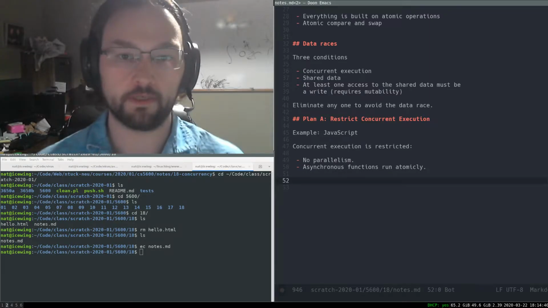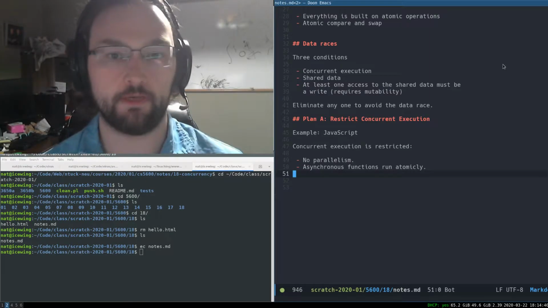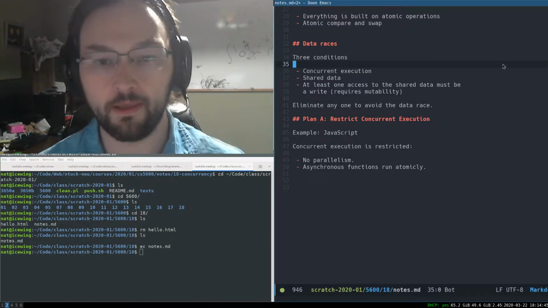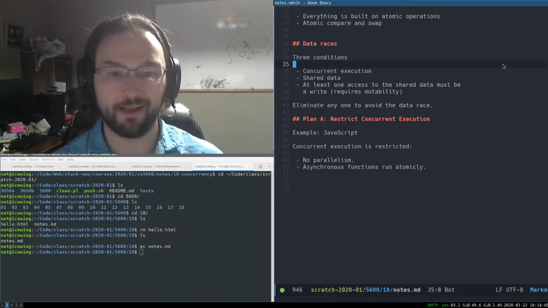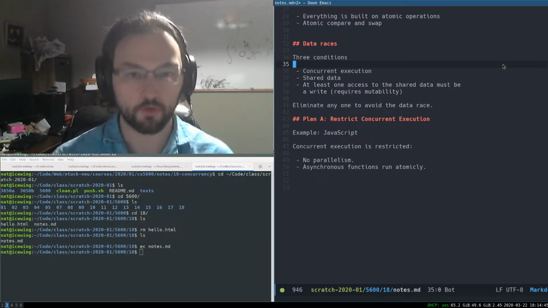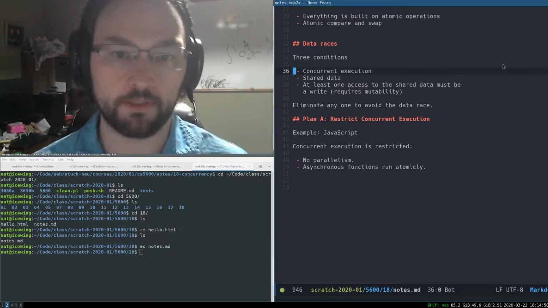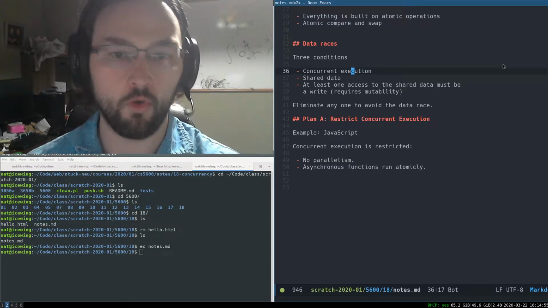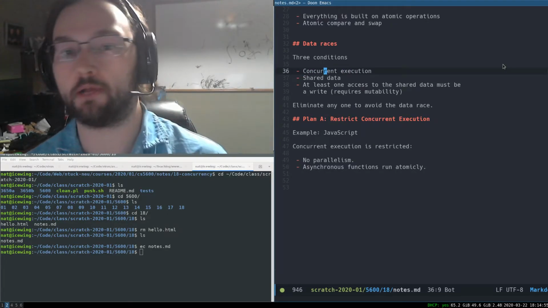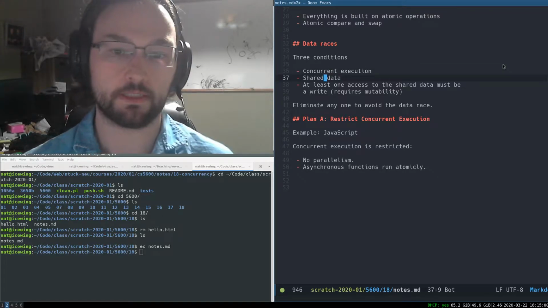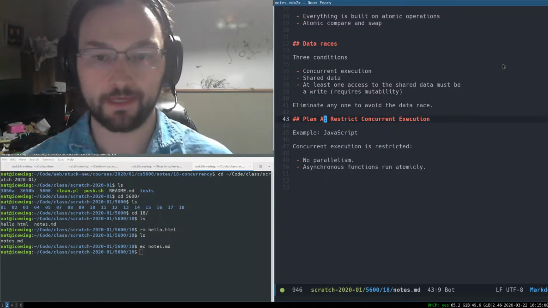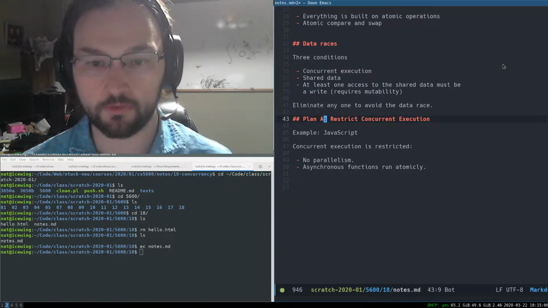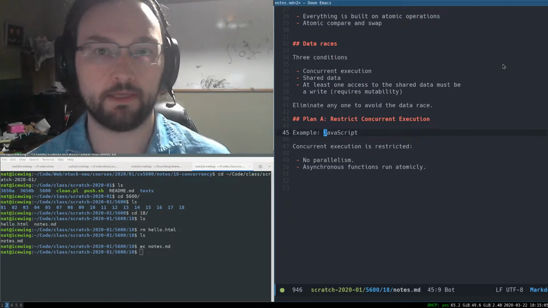As mentioned previously, there's 3 conditions for a data race. We can eliminate the data race by eliminating any one of these conditions. And going in order, our first plan is going to be to eliminate data races by eliminating concurrent execution. Or we can restrict a data race by restricting one of these conditions. So we're going to restrict data races by restricting concurrent execution, and the example that I want to give is